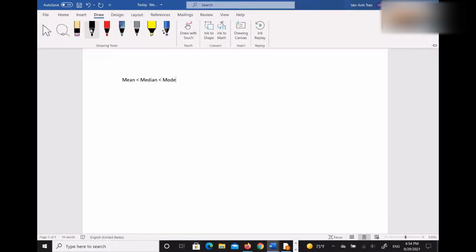In the question that you guys are given, they gave you the mean is less than the median, and then less than the mode. So if you guys are gonna draw the distribution,